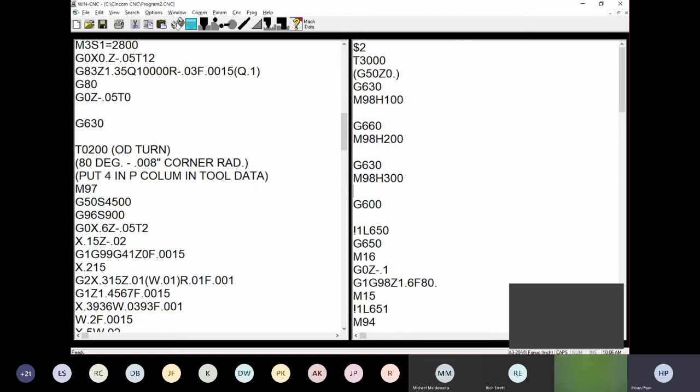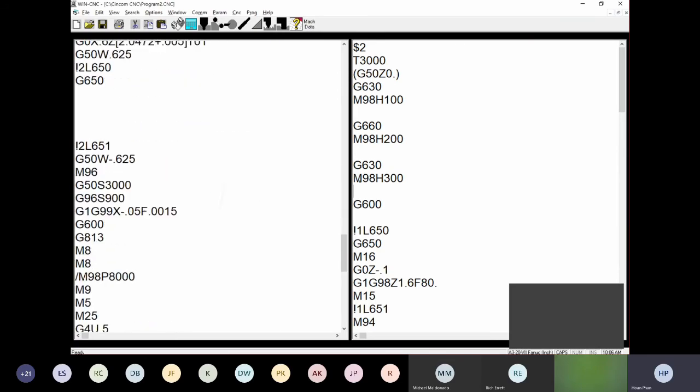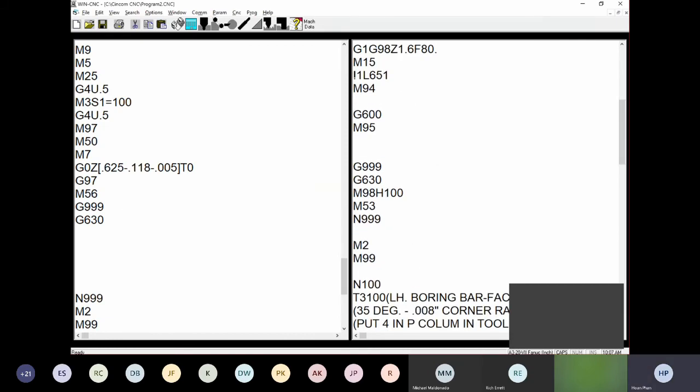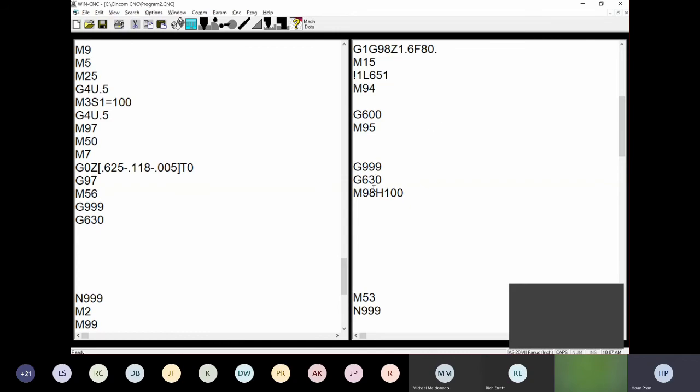Nothing complains. But for the last part of the program, it's gonna change a little bit right here. Same thing on the main side and on the sub side, it will change. If you want to keep the same way that you're doing on the top, then you have to put G630, G630 over here, and then G660 right here, and then G660 over on the other side too, and you can call